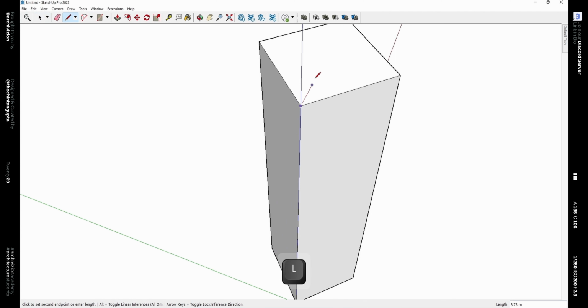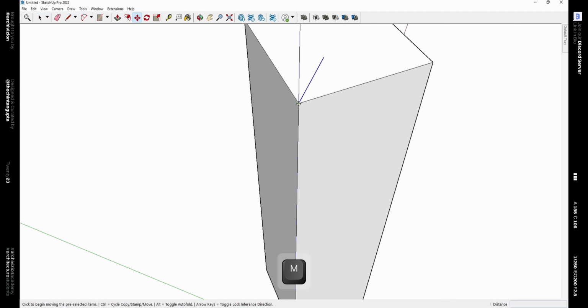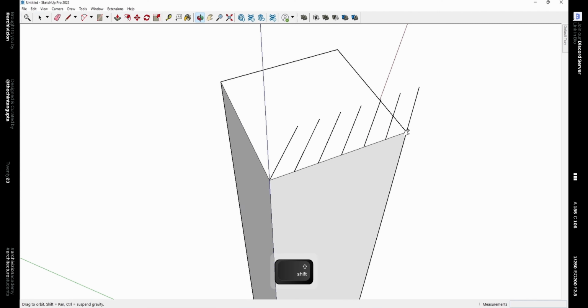Now draw a line in the red direction like this. Select it and make 6 copies of it by pressing Ctrl and then typing divide by 6 like this. We are doing this to distribute 4 cubes on this side evenly. Now make a square like this and copy it using the move tool, and then again copy it like this. Now delete the lines in the middle and delete this line.